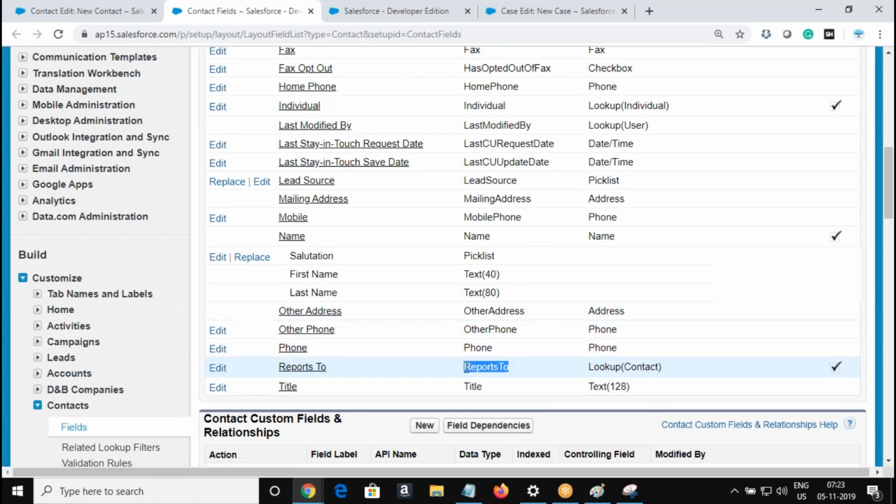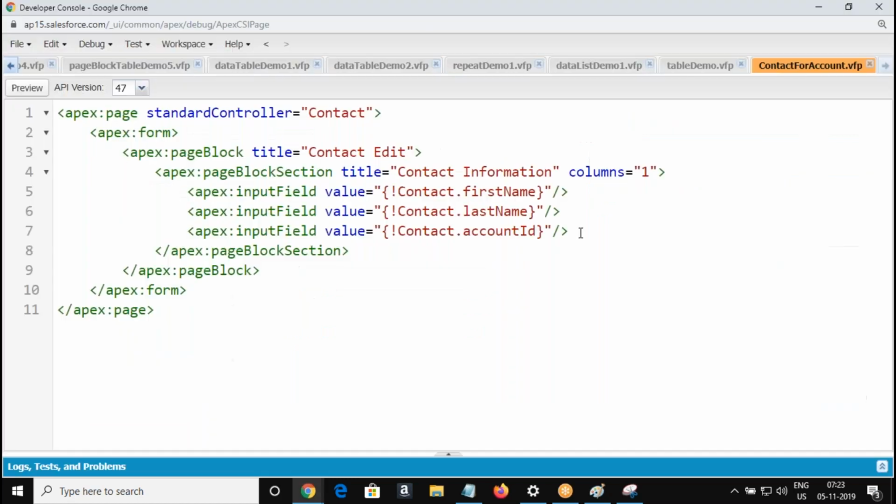Is anyone facing any screen sync issue on my side? No. Fine. So I would like to bring the Report To field. How am I going to do it?